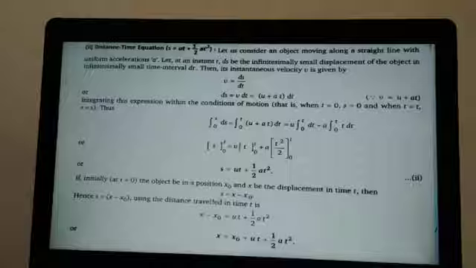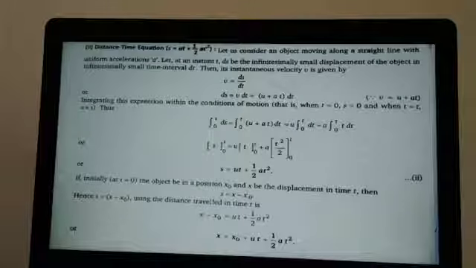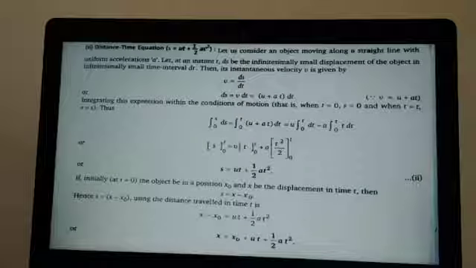So on integrating, you are getting integral 0 to s ds is equal to integral 0 to t (u plus at) dt. See that right hand side, it is integral 0 to t u dt plus at dt. U into integral 0 to t dt plus a into integral 0 to t t dt. Which rule you have used there? First rule that you have used there is integral of a sum. Integral of a sum is sum of integrals.